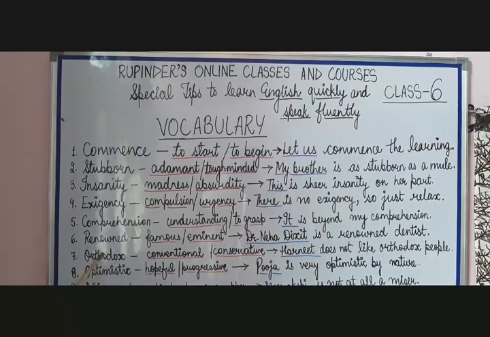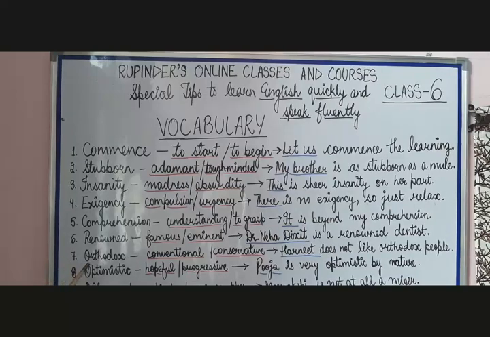Next word is renowned. Renowned का मतलब है famous और eminent. Well known भी कहते हैं हम इसे. So the sentence is, my subject is Dr. Neha Dixit. So Dr. Neha Dixit is a renowned dentist. Dr. Neha Dixit एक मशहूर dentist, दांतों की डॉक्टर है, दांतों की माहिर डॉक्टर है.